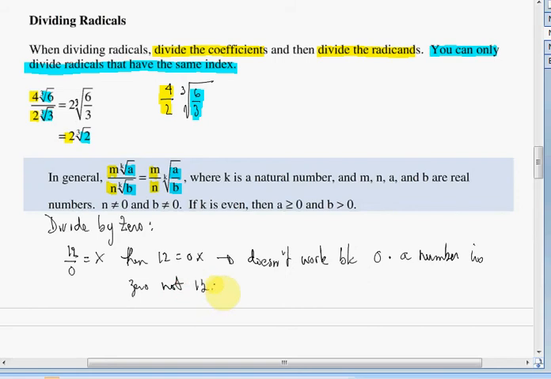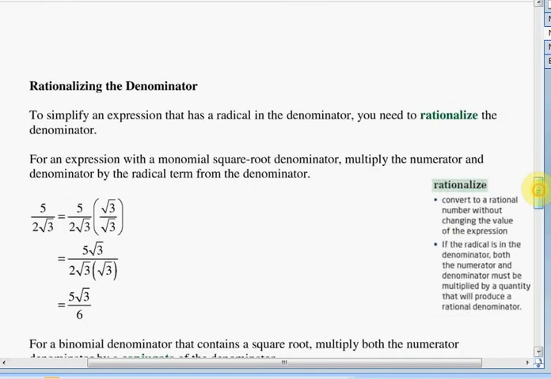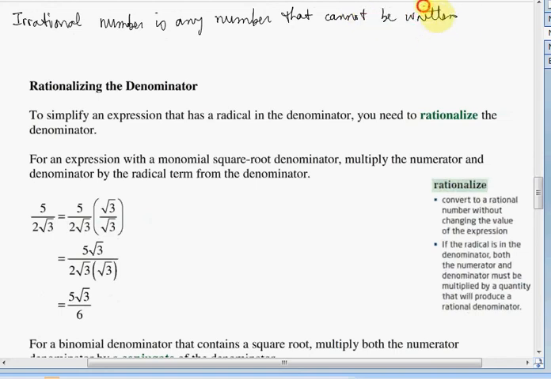Okay? Alright, so let's move on to our next topic, which is rationalizing a denominator. When we divide, we would be concerned about that, okay? Because no fractional expression is considered simplified if you have a radical in the denominator, so we want to rationalize. So before we do that, let's just talk about what an irrational number is, or review it. Okay, so an irrational number is any number that cannot be written in the form of a ratio a over b, where once again b can't be 0